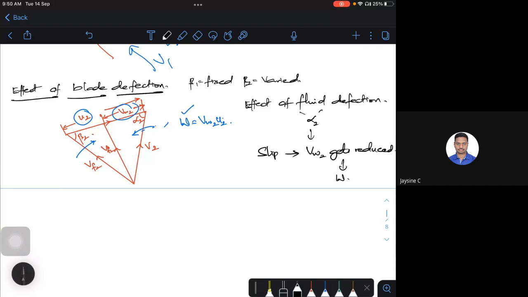One being the tip velocity, the second being your axial flow velocity, and the third being your blade deflection or flow deflection. So these are some of the impacts we will be trying to look into to understand your